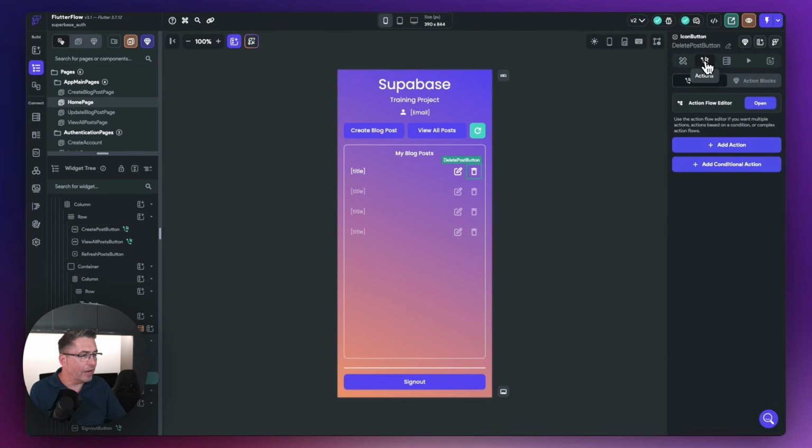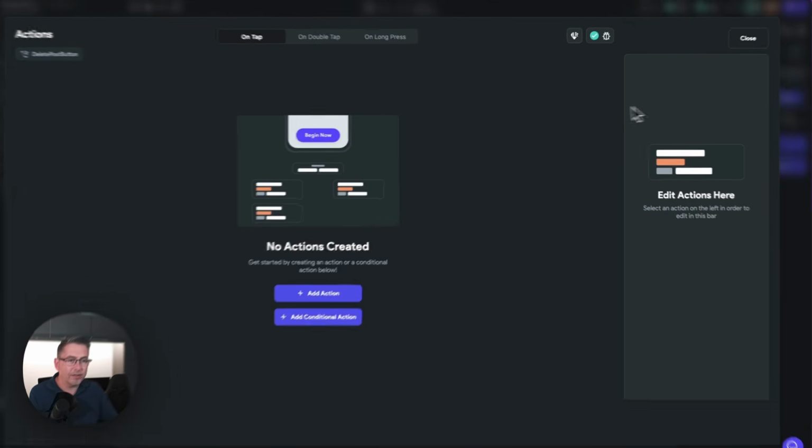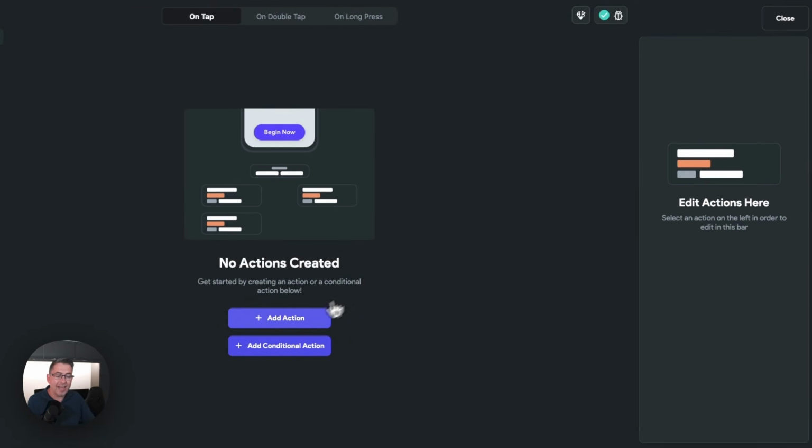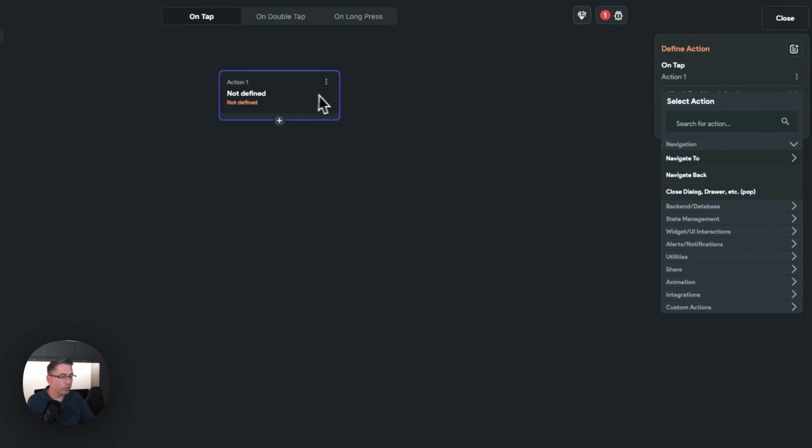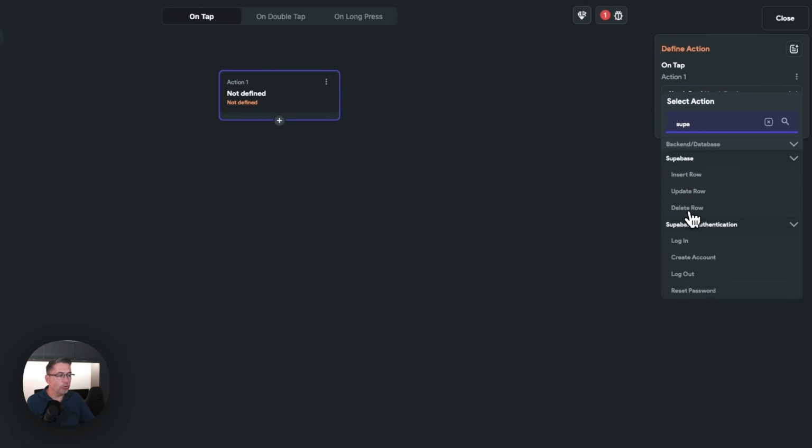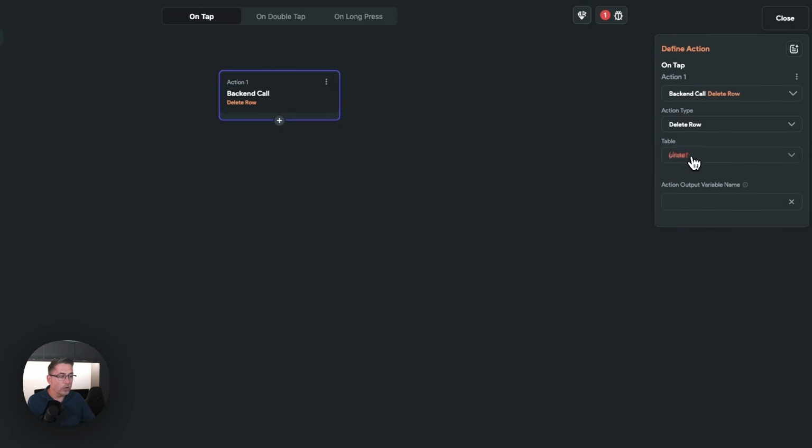Let's go up to the actual action itself, open up the action flow editor. Now it's a non-tap event. Let's hit add action. And of course, we've got the first action that's up here. We're just going to do a search for Supabase again. Let's choose a delete row this time. We know that the table is going to be posts, and we're going to want to match on the specific